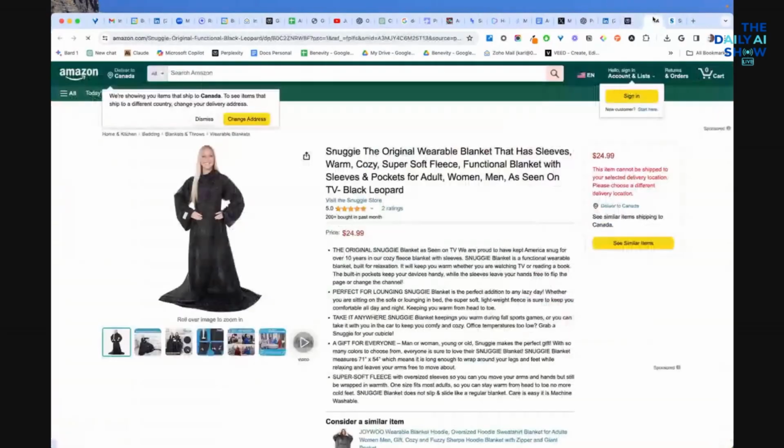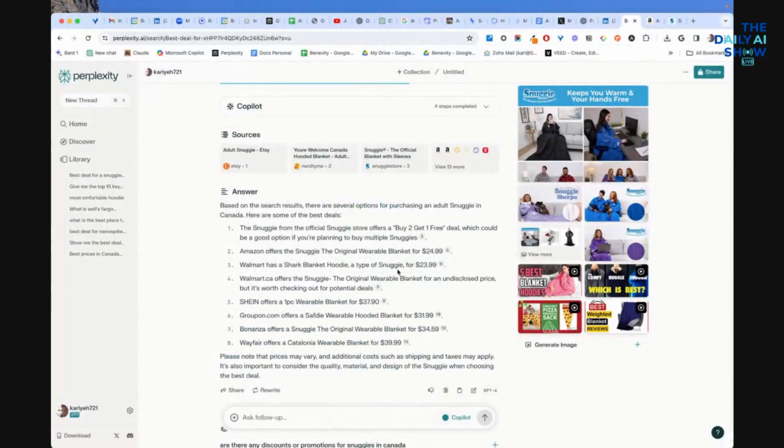Yeah, right. The second one says Amazon offers a Snuggie, the original wearable blanket, for $24.99. So I click that through, and it takes you to Amazon. And it looks like a cloak. I didn't realize it was like a Harry Potter Elvira vibe